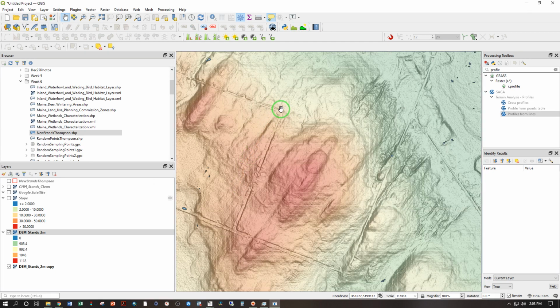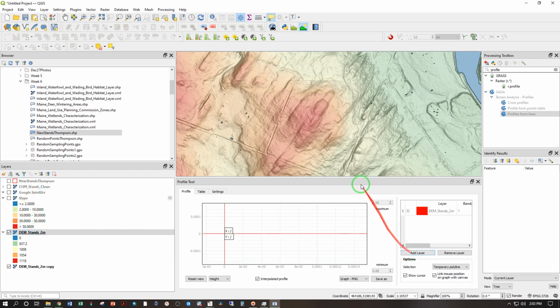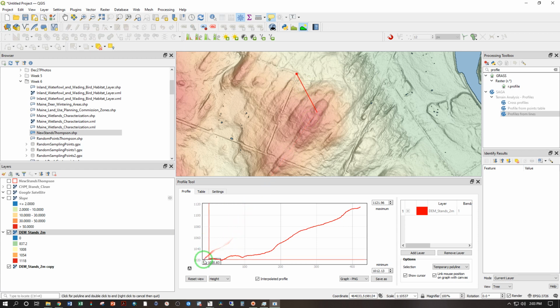Let's say that you want to park at this corner and go to the top of this hill. Use the Terrain Profile tool. That will load this in. You need to click on your elevation model in the Layers tab, and then tell it to Add Layer. Then, 1 click at your start point, 2 clicks at your end point, and that shows you the change in